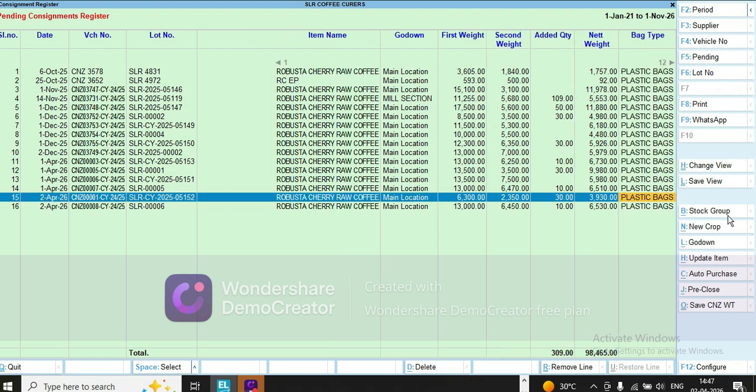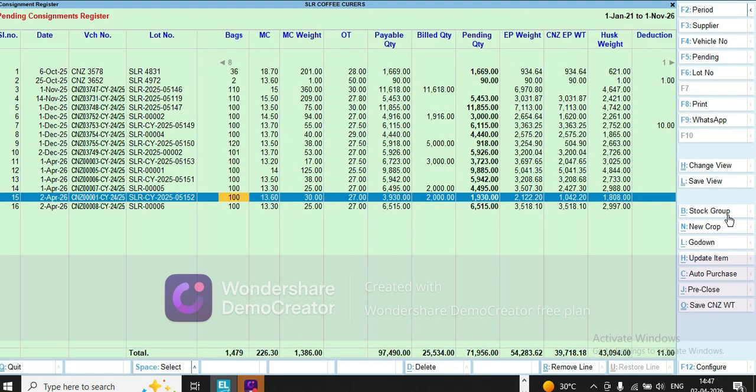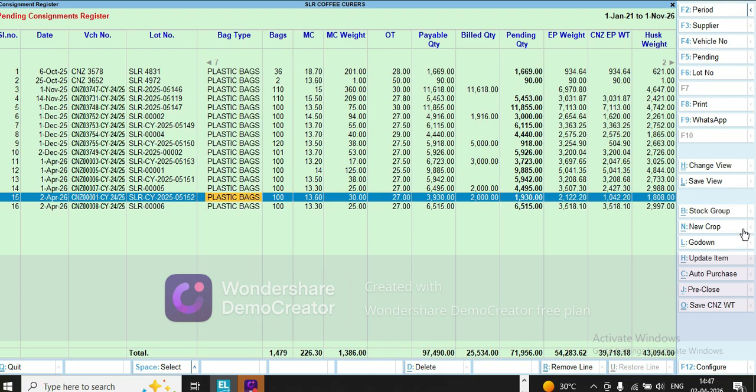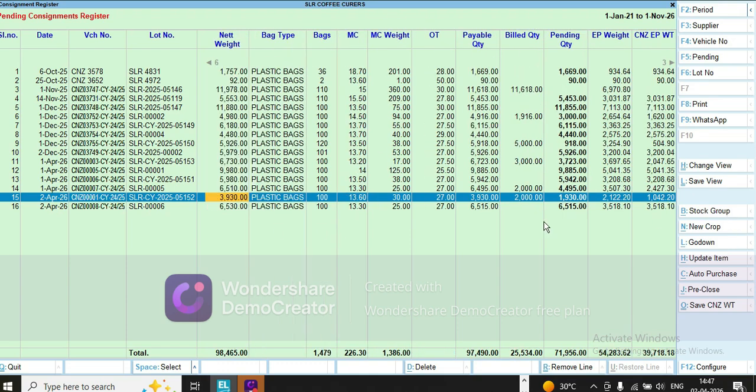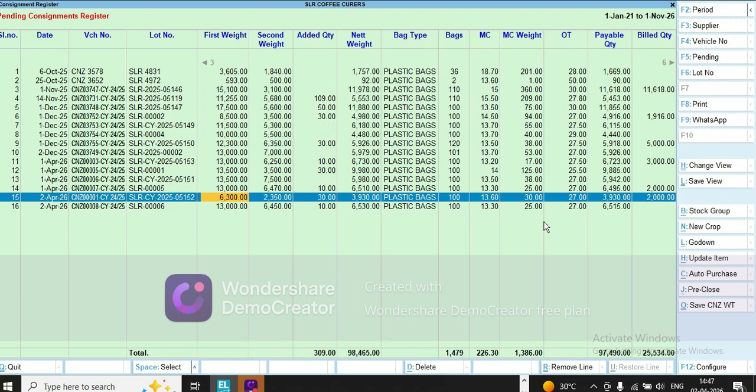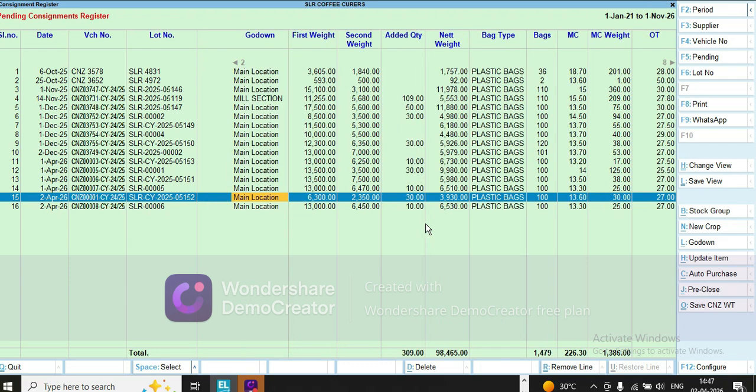Consignment. So you check what are the contents: OT deducted weight, MC moisture deducted weight, MC percentage, and bags. What it does, it shows all the details. So it builds trust. Trust is a very important thing in business. So it helps in further business. You can maintain relationships with existing suppliers or customers, and you can get more suppliers and customers. Okay, when people trust you, you will get more business. That is the value the solution gives. Okay,